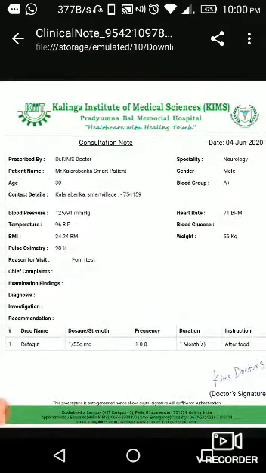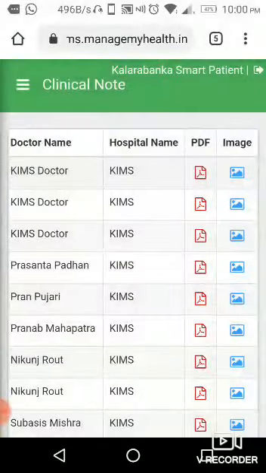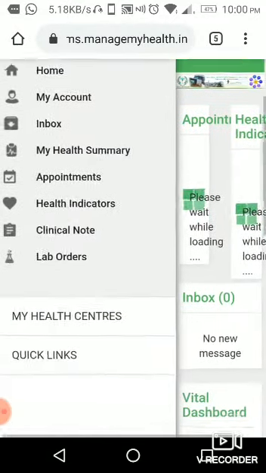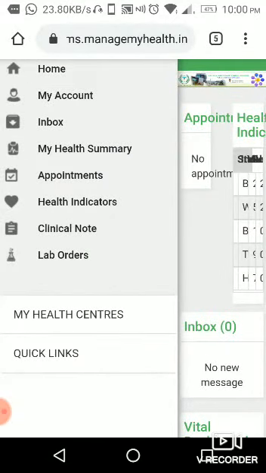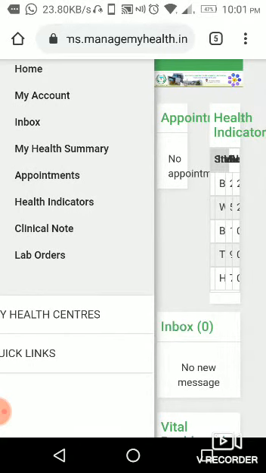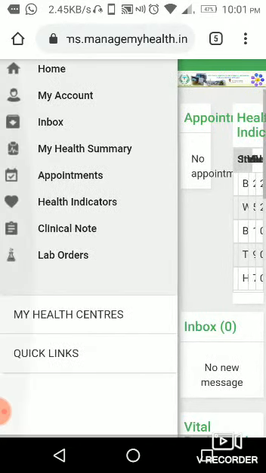So that's all. You have so many options here. You can attach the report on the web also.